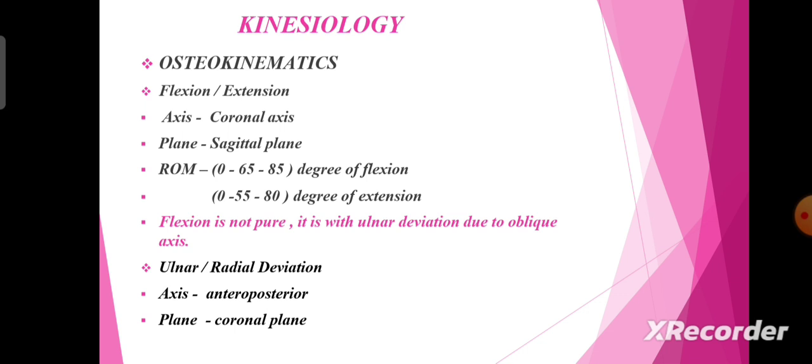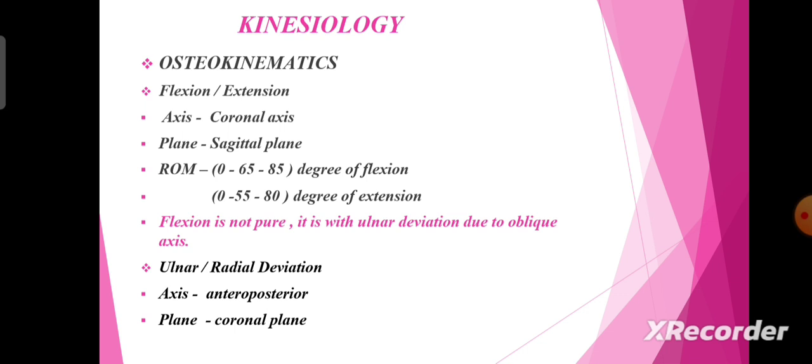So in the last presentations, we were talking about the wrist and hand complex biomechanics. Now we will talk about the kinesiology of the wrist complex, which includes osteokinematics and arthrokinematics of the wrist complex. So first is the osteokinematics, in which flexion and extension occur in the coronal axis and in the